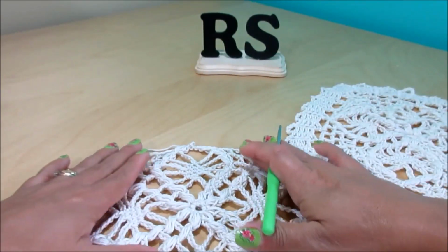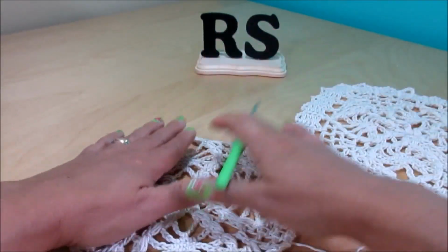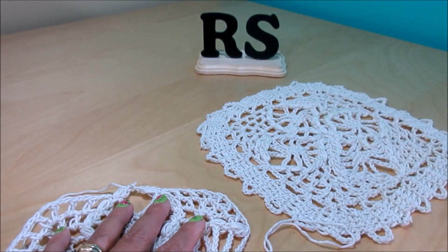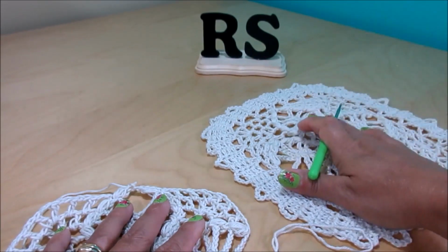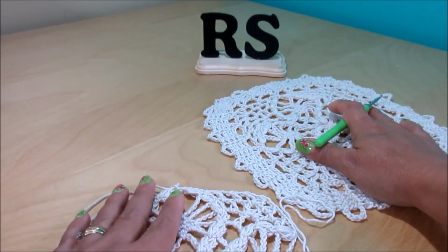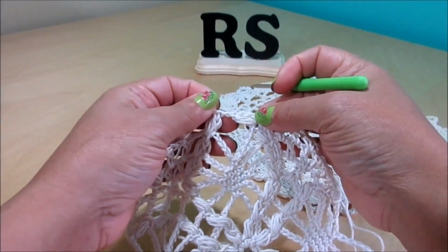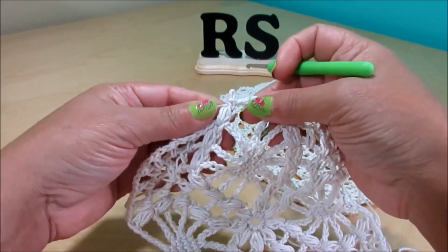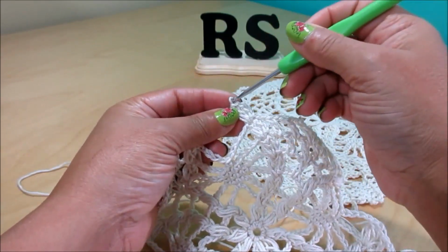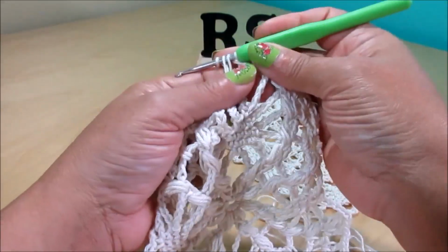You see, we have more of a space. It's not pulling, because if it pulls, it poofs in here. And that's what I did with this one. I followed the picture that I have and I created it like this in here. That's fine with me, because this is going to be the top of my blouse. But for the next one, it has to sit flat, and that's what I'm planning to do, a space here to make this more flat. So for mine, it had to be without a chain space, because it had to be exactly the same as the other one. So I'm going directly here to the other side, and I'm going to create a stitch,